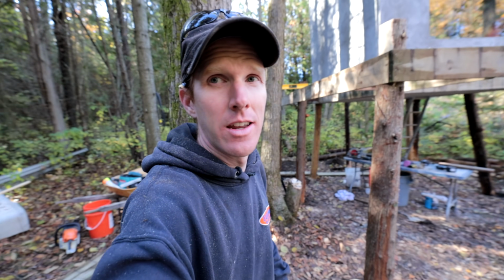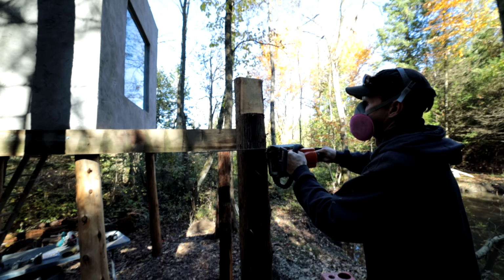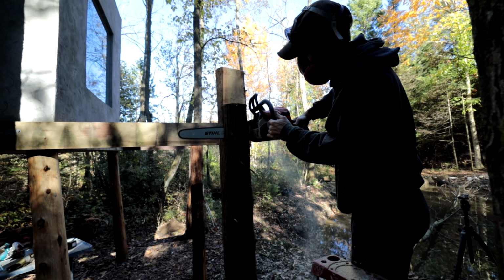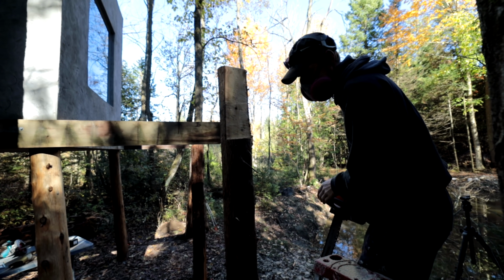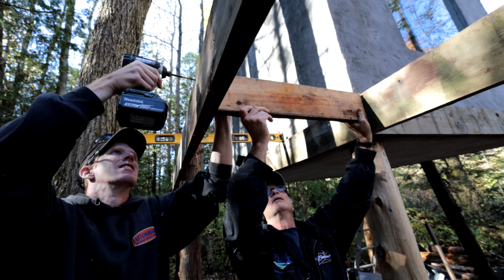We're moving right along here. We've got our posts more or less set. We're just starting the rough framing of the deck, which is the 2x8 structure. This is an old deck that we had removed, and we thought, this is actually going back a couple of years, we saved this stuff, not knowing that the price of lumber during these times would go